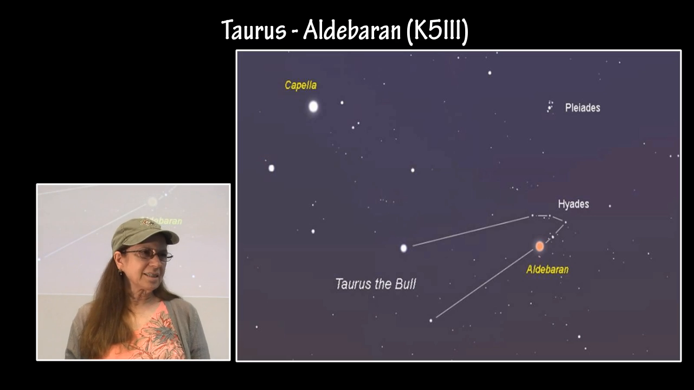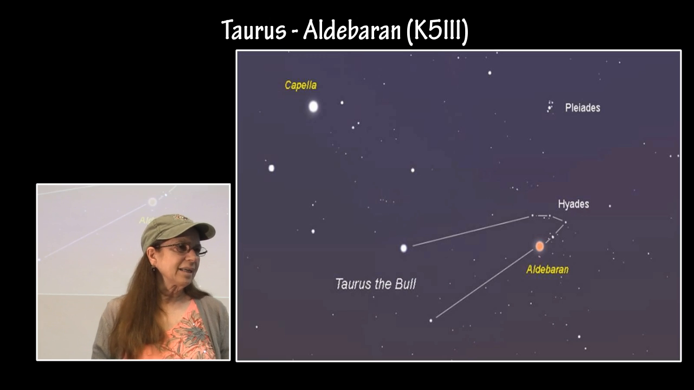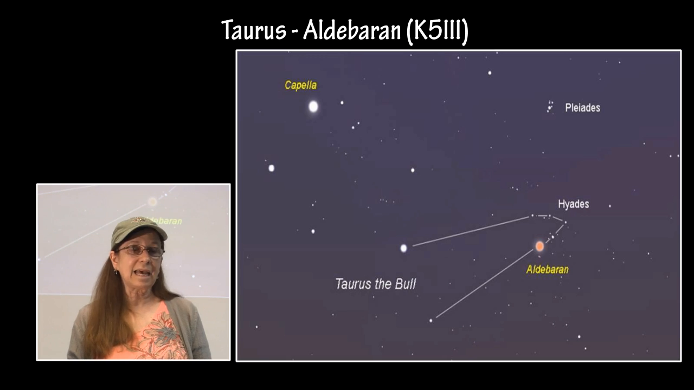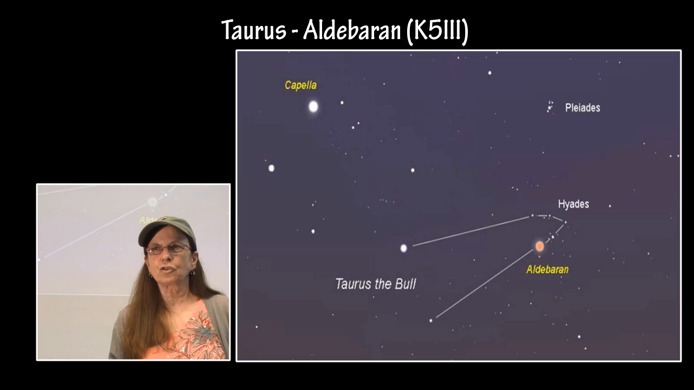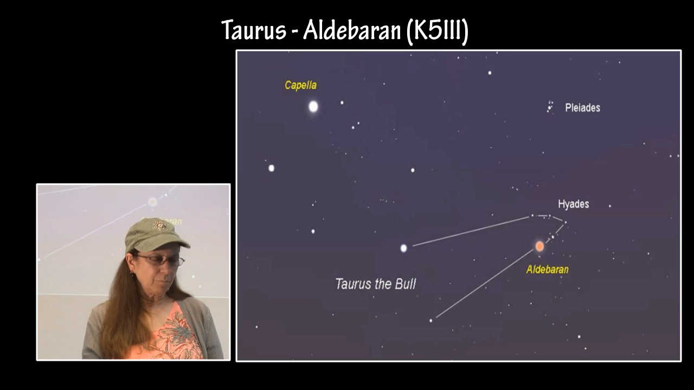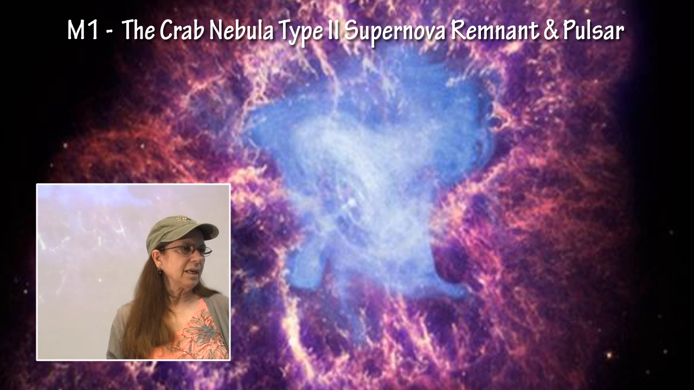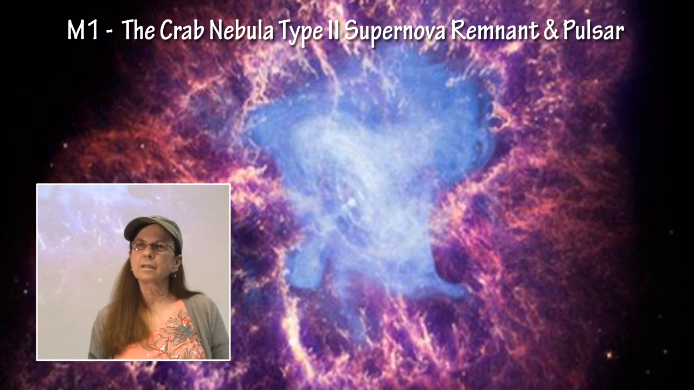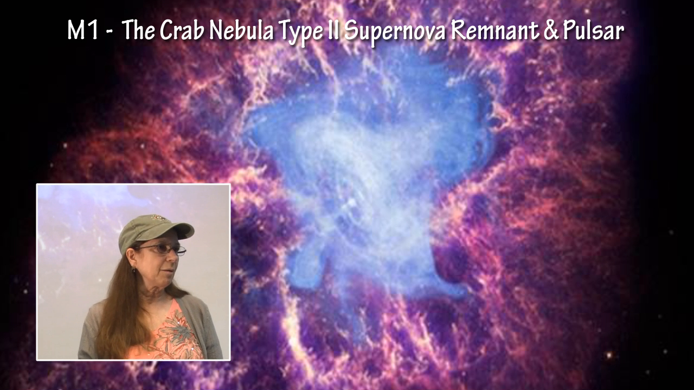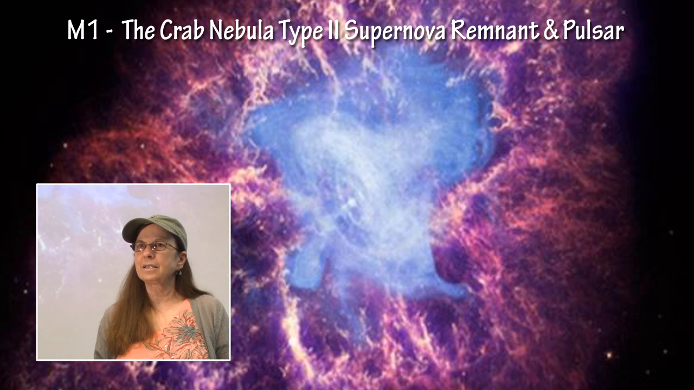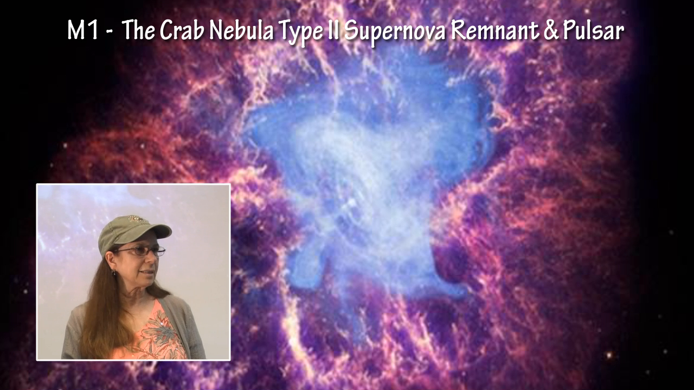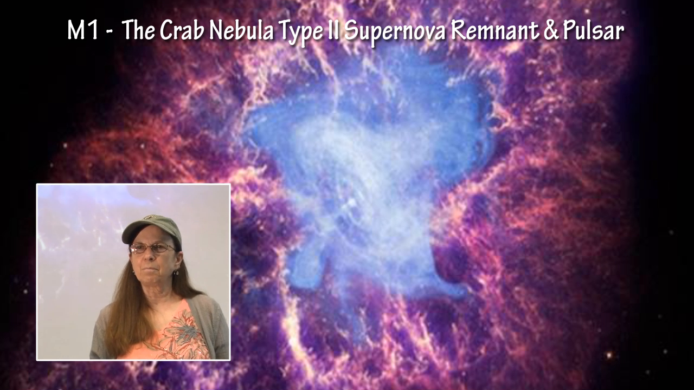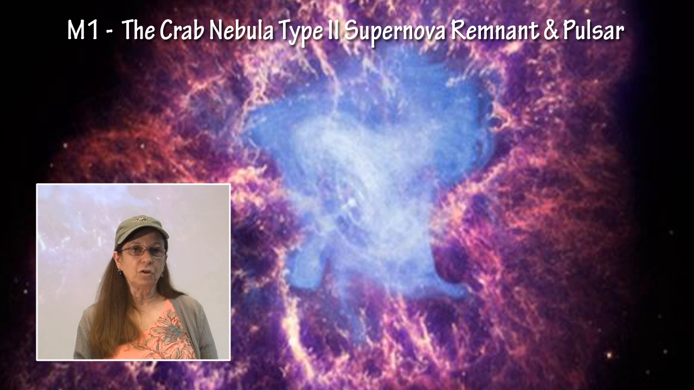Taurus, constellation Taurus has Aldebaran. Again, Aldebaran is a classification 3, and it's a K, so it is a large, cool star on the red giant branch. And within the Taurus constellation is the Crab Nebula. The Crab Nebula is a type 2 supernova event, a star that collapsed into a pulsar, a neutron star